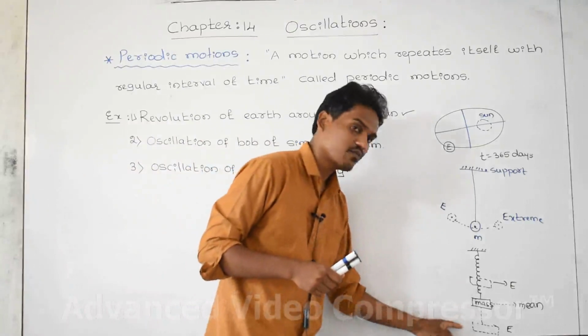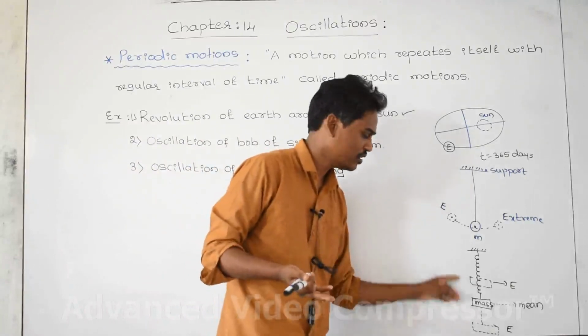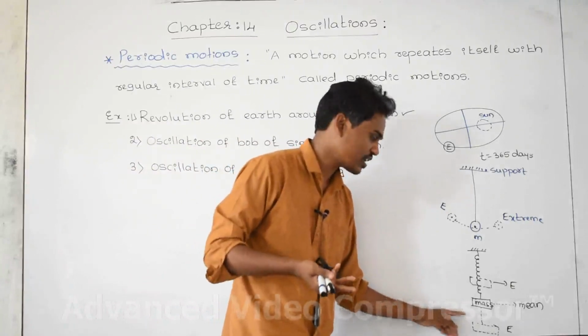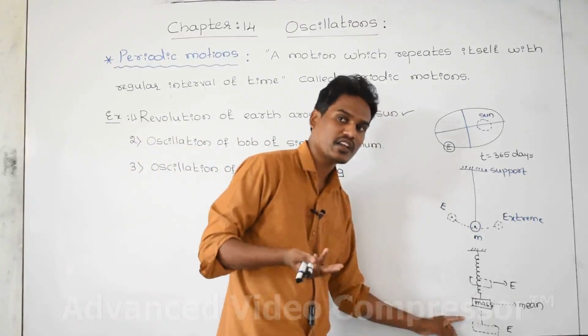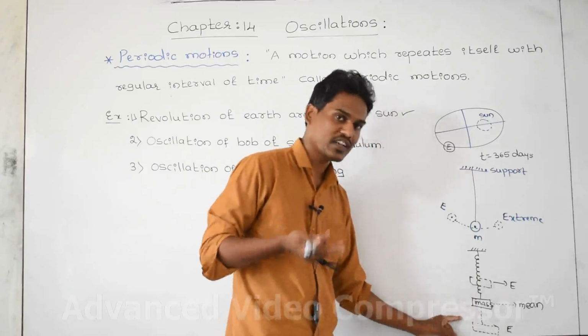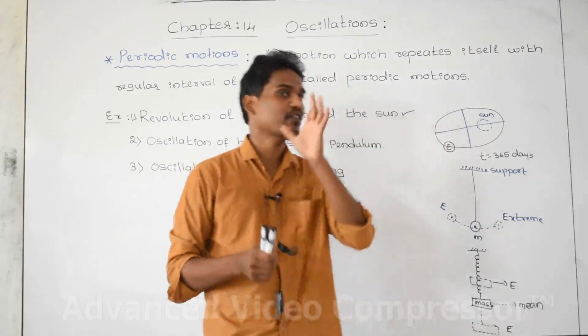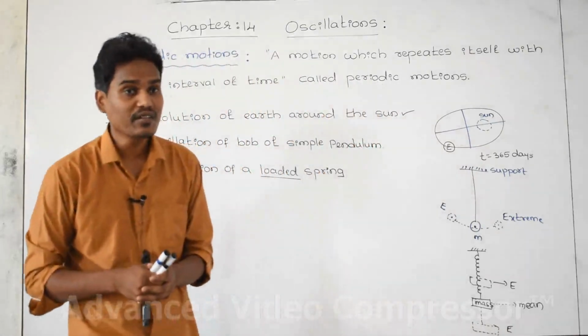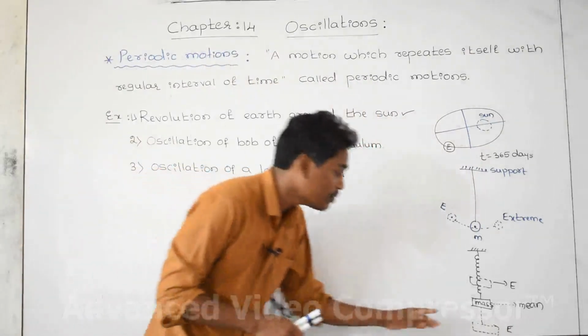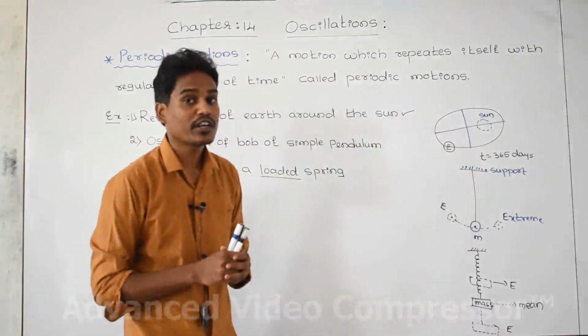First cycle, time taken 1 second. Second cycle, how much time taken? 1 second. Third cycle, how much time taken? 1 second. Fourth cycle, how much time taken? 1 second. Fifth cycle, how much time taken? 1 second. For the nth cycle, how much time taken by the body? Again 1 second. For each and every cycle given by this body along a straight line, about its mean point,